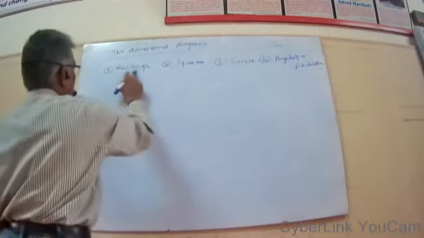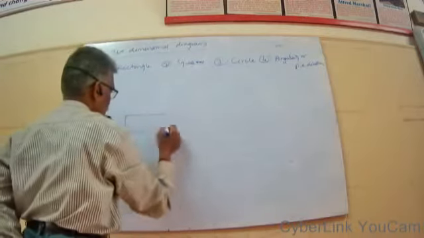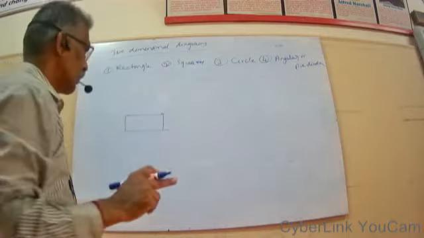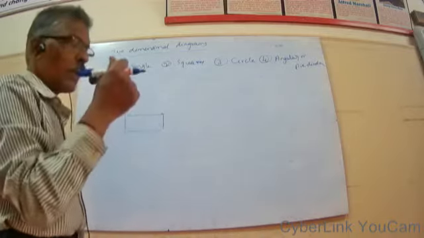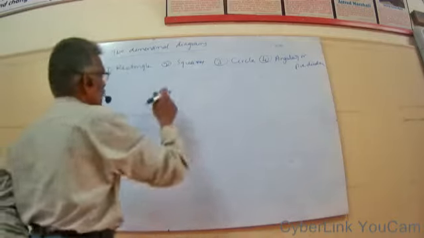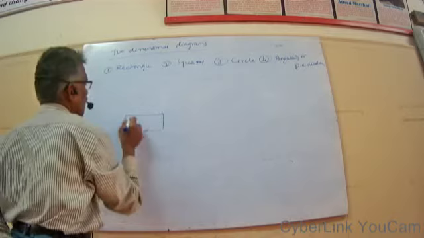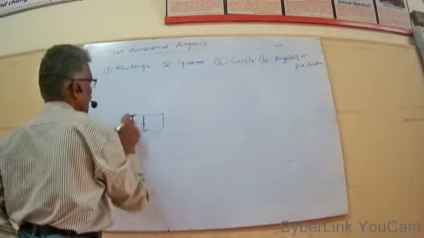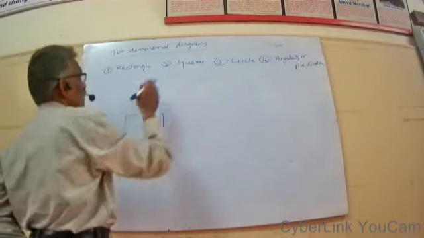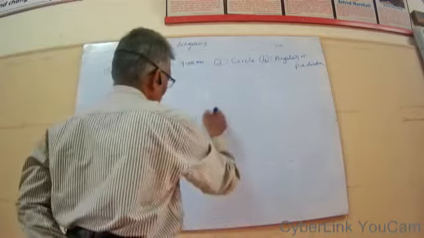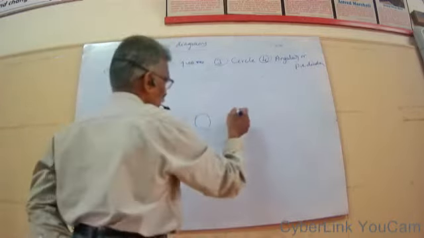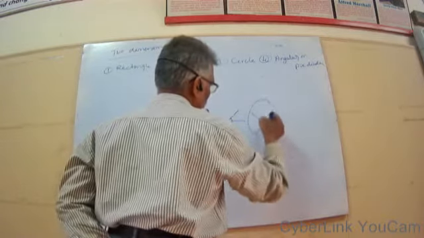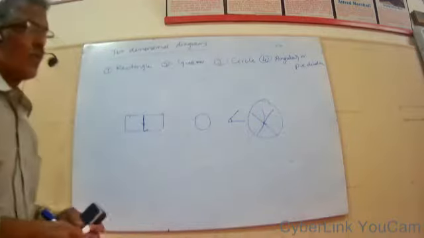The name itself says rectangle means this size. This is the rectangle. Whenever the length and breadth are of different magnitude, it is called a rectangle. But if length equals breadth, then it becomes a square. So this is a square now. Circle, you already know that. And angular is an angle like this, which is called a pie diagram. So let us take up one by one.